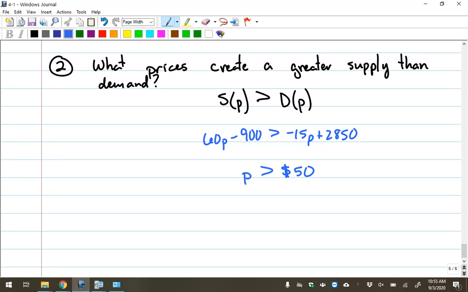So sometimes it'll ask for the equilibrium price. Sometimes it'll ask for this situation. What price causes supply to be more than demand? Different scenarios call for this. But you've got to know, hey, I just need to set up the equation or the inequality to solve that. Not really rocket science there, but a pretty easy thing. All right, so section 4.1, really easy stuff with linear equations, but when they start applying it to those word problems, that's where it's a little tougher. Okay, so make sure you're doing all those word problems there for